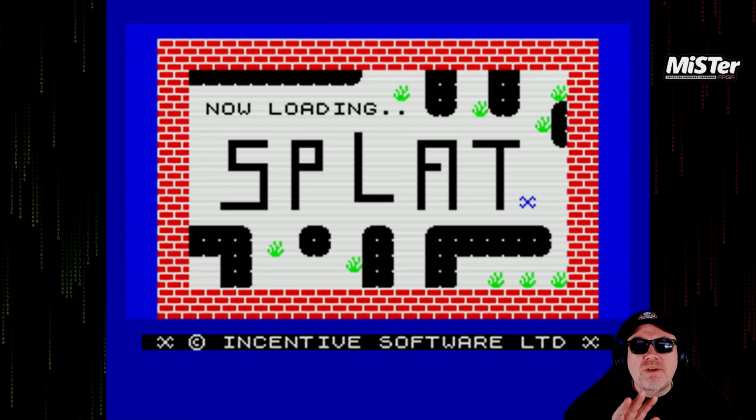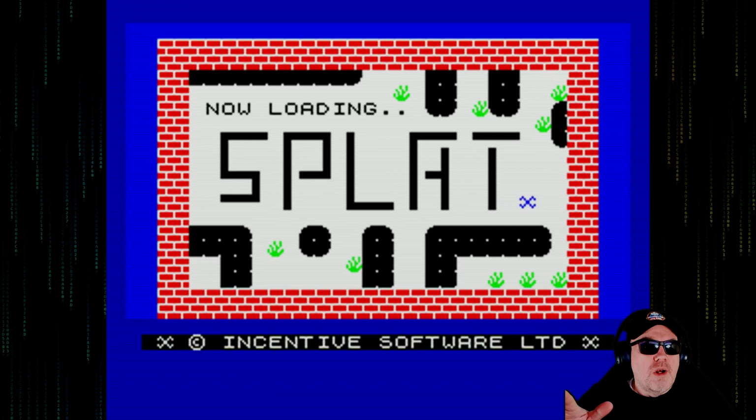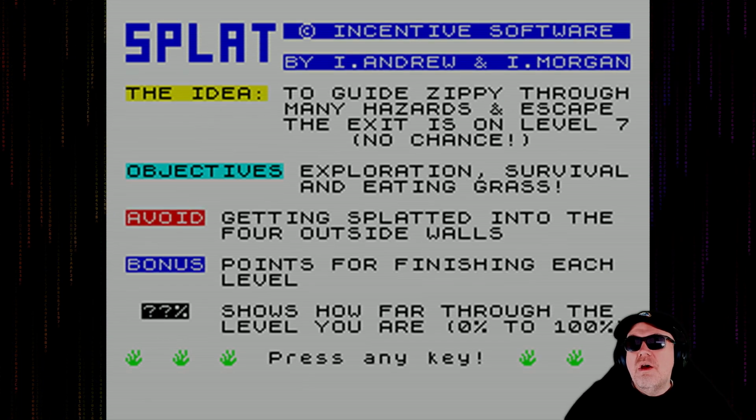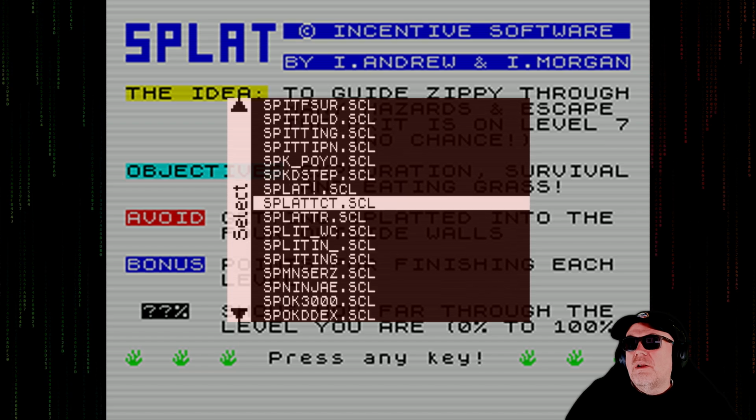So you know there are modifications to these games, and this one is loading. No trainer there or anything, at least we've seen at this point. But no, good. All right. So a couple more. Load disk,